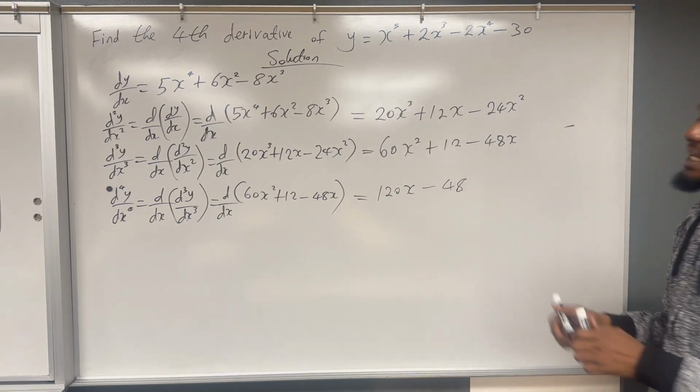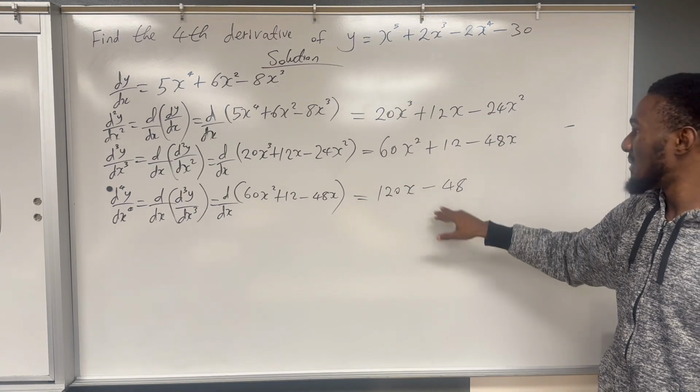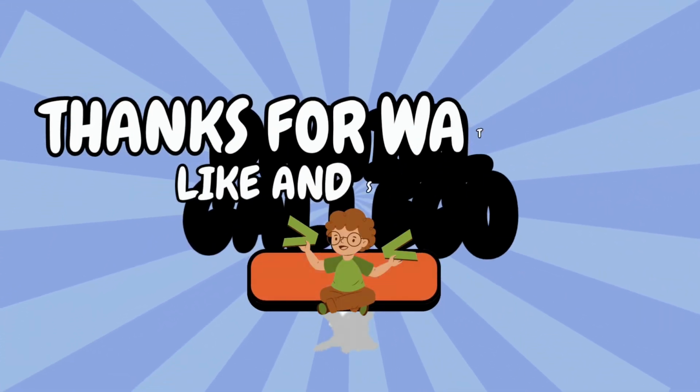So the fourth derivative of this function here is what? 120x minus 48. As simple as that. So this